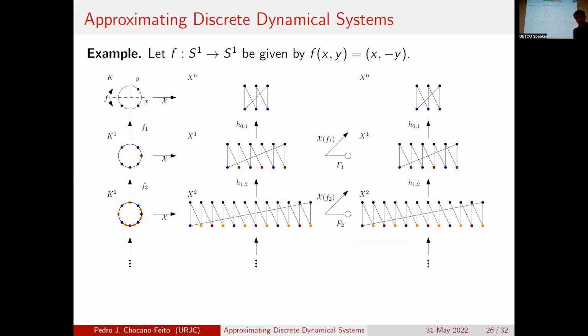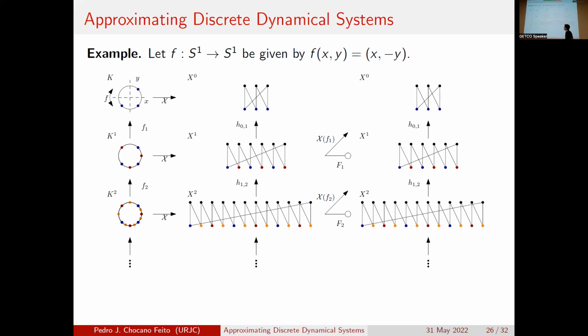A trivial example: let us consider the symmetry through the x-axis. The symmetry has two fixed points, and we can apply the previous construction. We consider the face poset of a triangulation of this topological space, and we consider the finite barycentric subdivision, and so on and so forth. And we can construct for each level a multivalued map, and we can study fixed points for each level